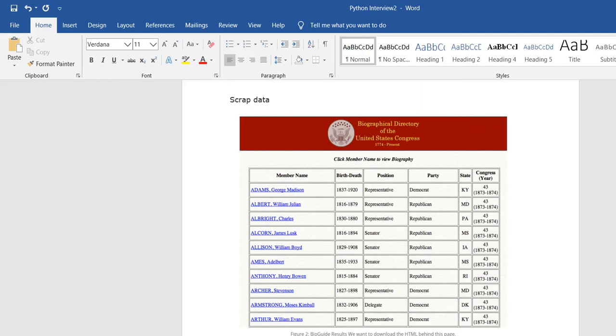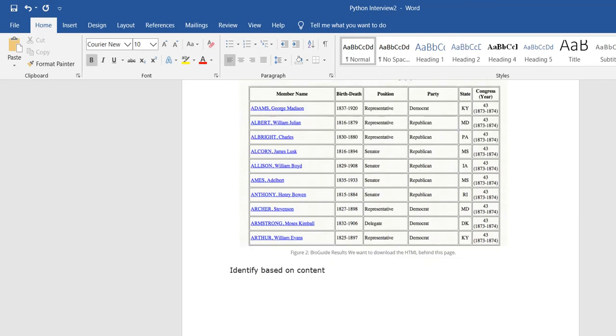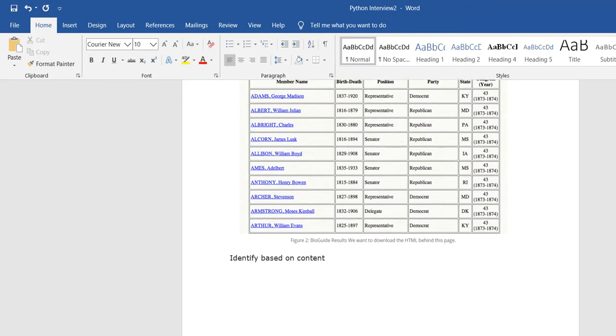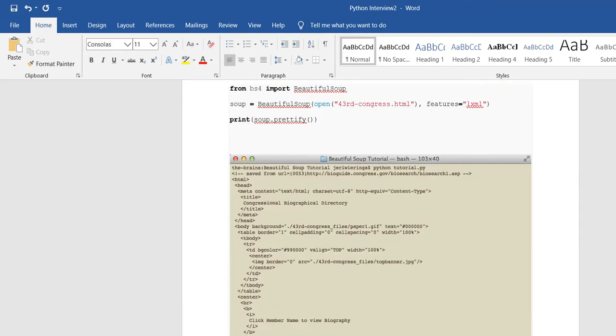First we have to get the website URL, and second we have to identify the fields. Suppose they are expecting only one or two fields, or the details of a party. In that case, how can we identify the HTML tags based on the content? Here you can see.